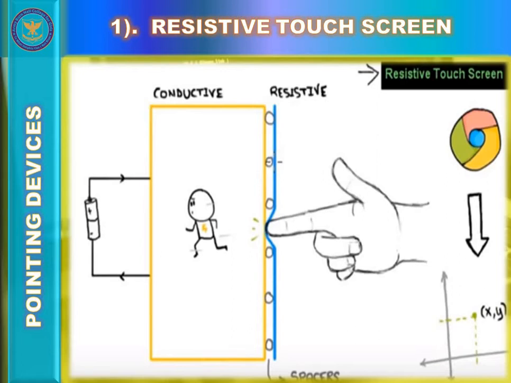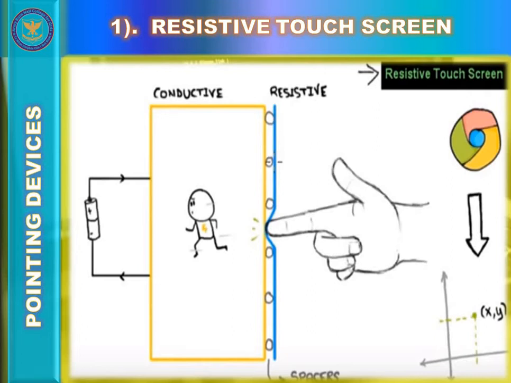This technology is often a more affordable solution compared to capacitive touch screens, but it can be damaged by sharp objects touching the screen. So you just need to touch the resistive touch screen with your fingers. As you can see, a man is touching or pressing the surface of the resistive touch screen, which is actually coated with a metallic, electrically conductive as well as resistive layer. Here you can see that beneath this touch screen lies this conductive, resistive layer.